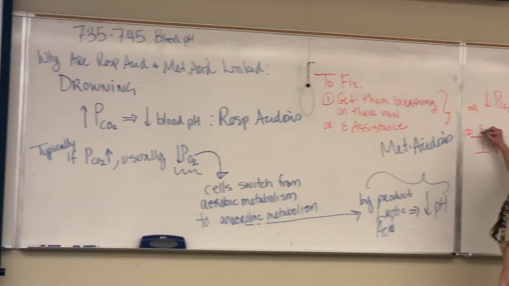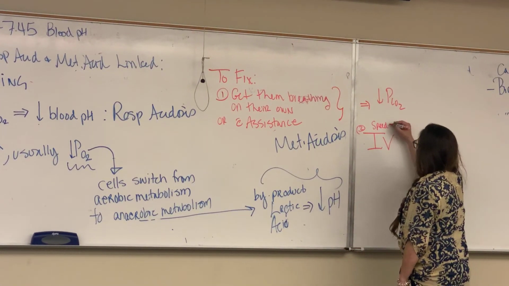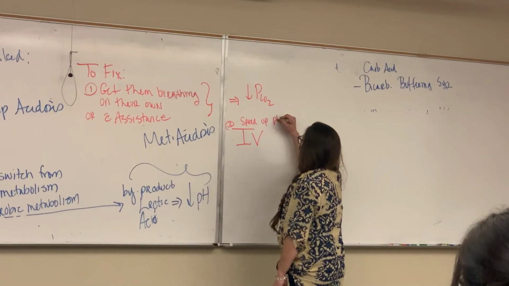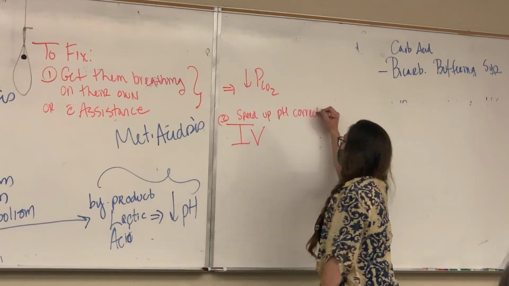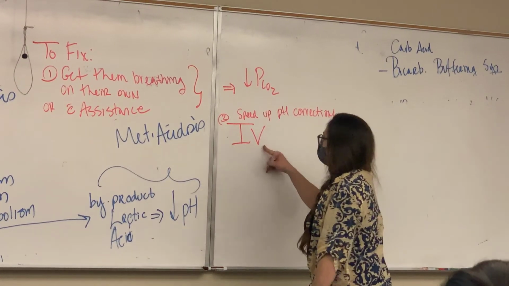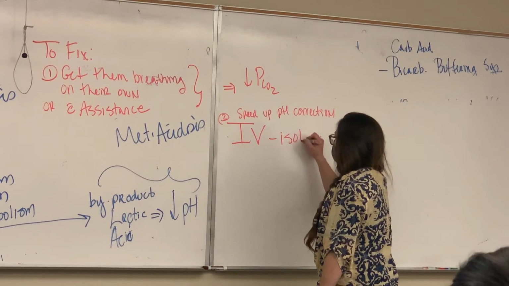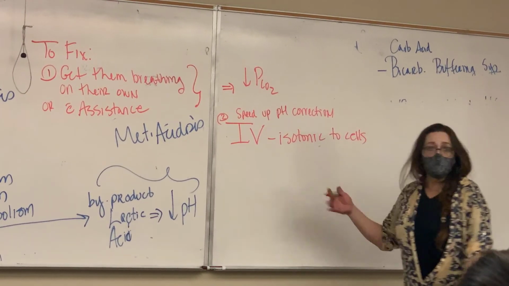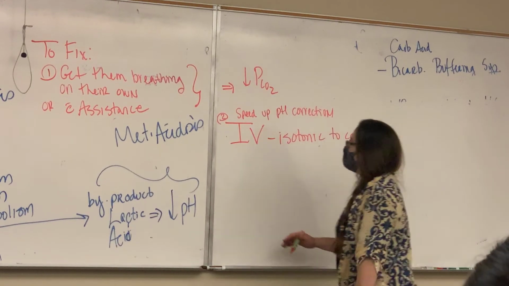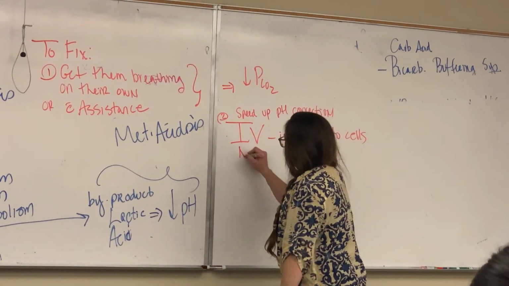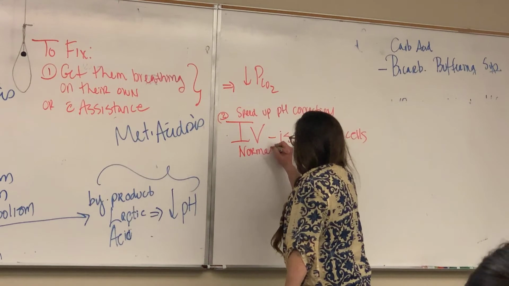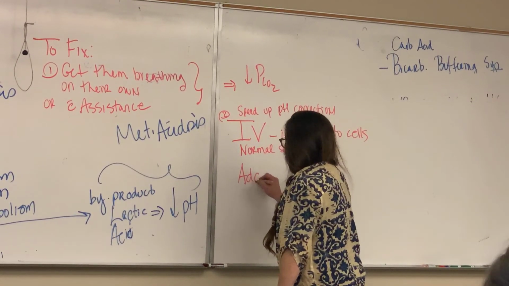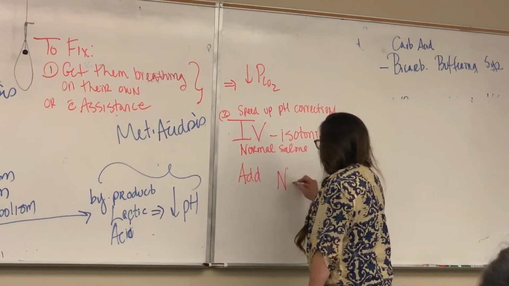You give them an IV that is isotonic to their cells so that they don't gain or lose a bunch of water from their cells. So this would be normal saline. But then we're going to add to that sodium